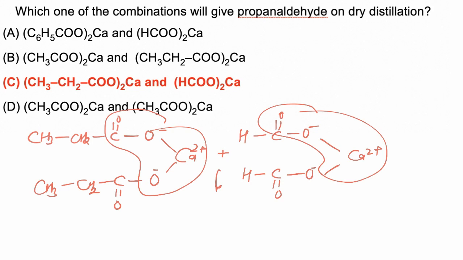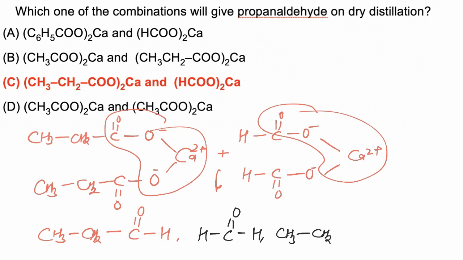Now there is a possibility of formation of CH3CH2CHO. So propanaldehyde is formed, but along with propanaldehyde we also get formaldehyde, and along with formaldehyde, 3-pentanone is also formed